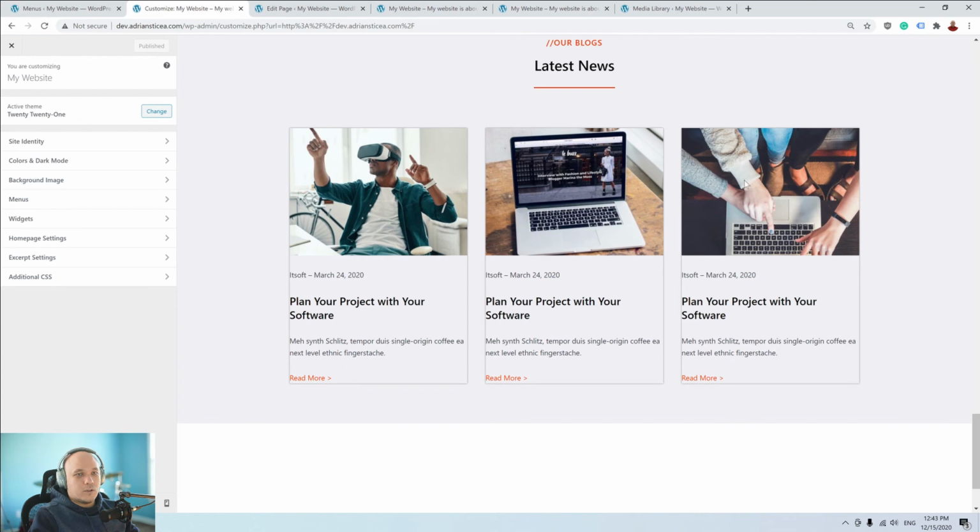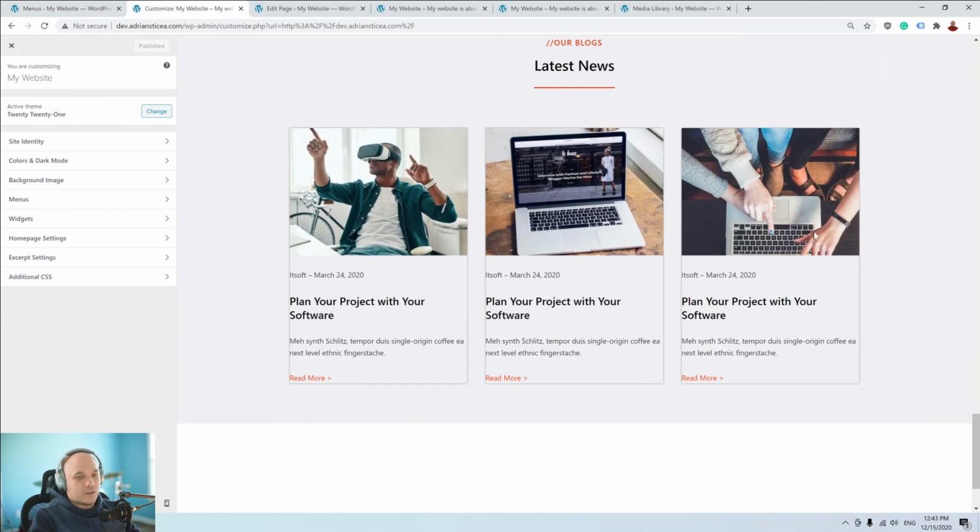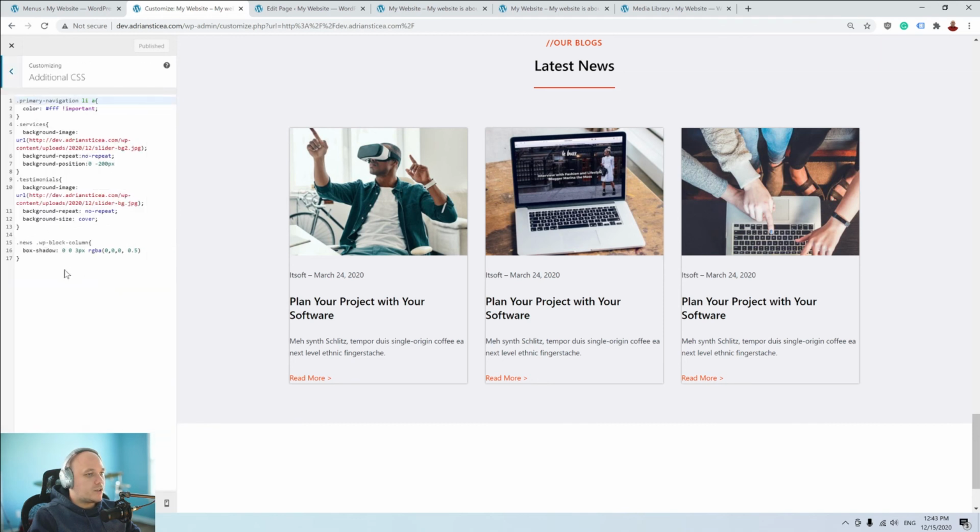And yes, I don't have it here anymore. I only have it here, but I still want some padding around the edges. And to do that, I need to target the paragraphs and the H4 here. So what I will do here is, I will have that news